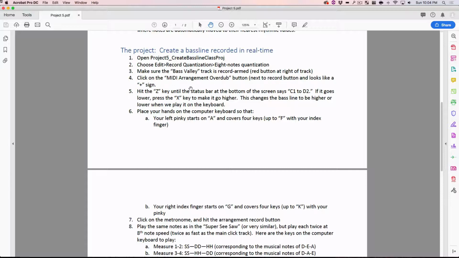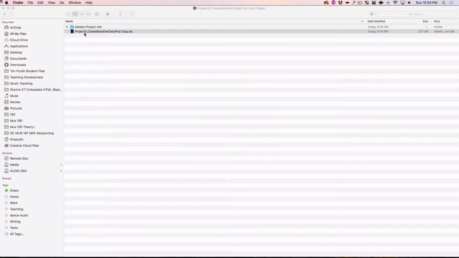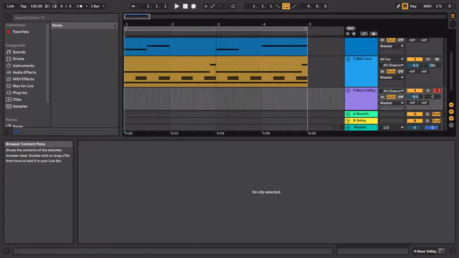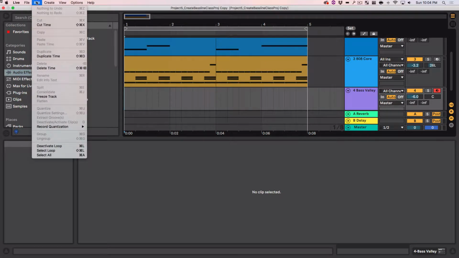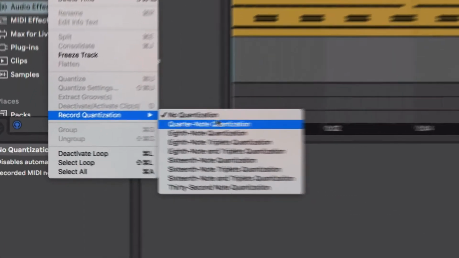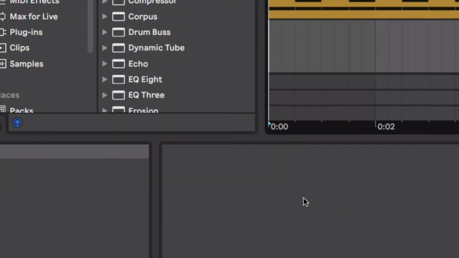So let's go ahead and get our project that we've downloaded, and that's this project 5. When all this finishes opening, we're going to want to go into where it says edit and go to record quantization and hit 8th note. The main beat that we hear clicking around is quarter notes, and so 8th notes means twice as fast as that. If we were counting 1, 2, 3, 4, 8th notes would be 1 and 2 and 3 and 4